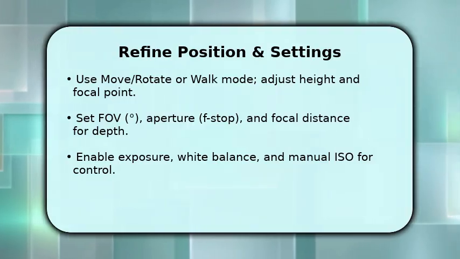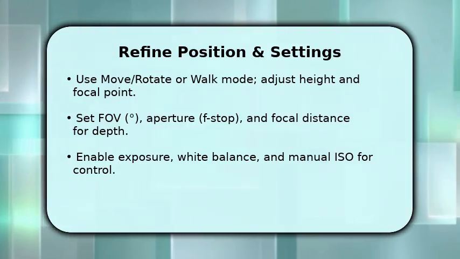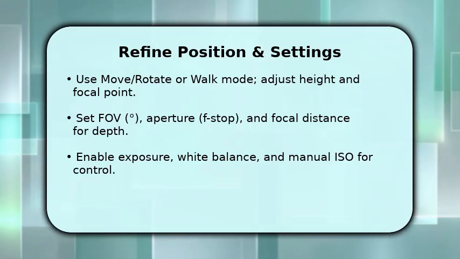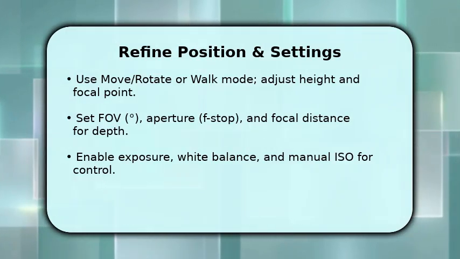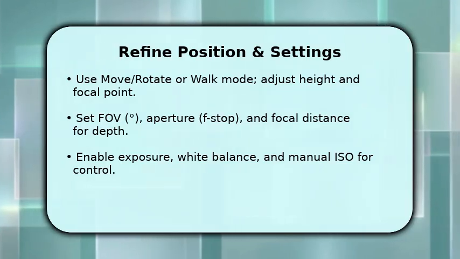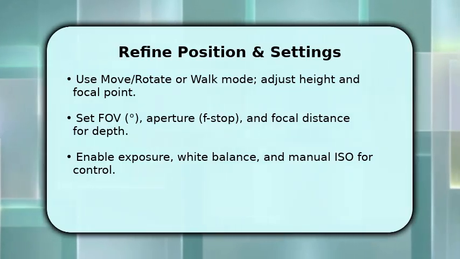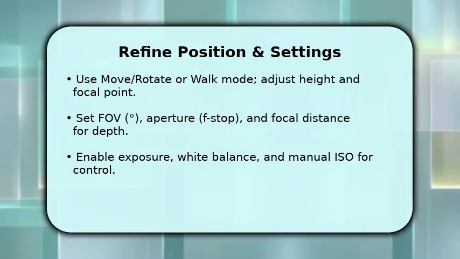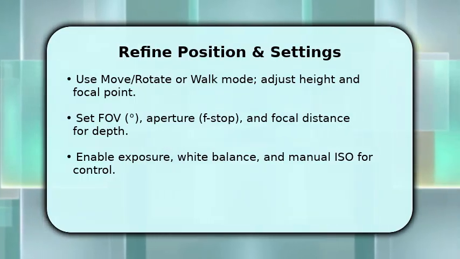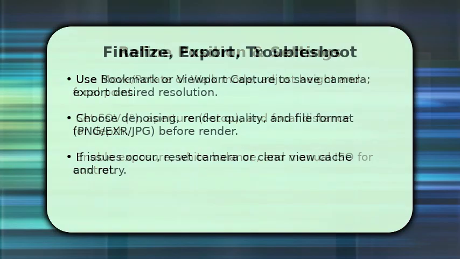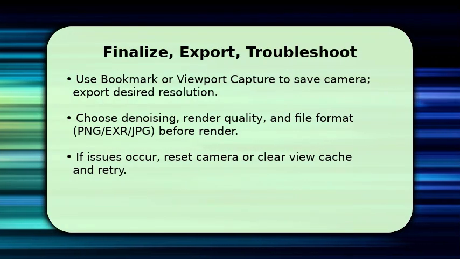Then adjust field of view in degrees and aperture to control perspective and depth of field. Smaller f-stop equals shallower focus for subject isolation. Also set focal distance to pin the sharp plane. Make sure exposure, white balance, and manual ISO are tuned so lighting and colors look natural before you commit to final captures. Finally, save your exact camera by creating a bookmark or using the viewport capture so you can return